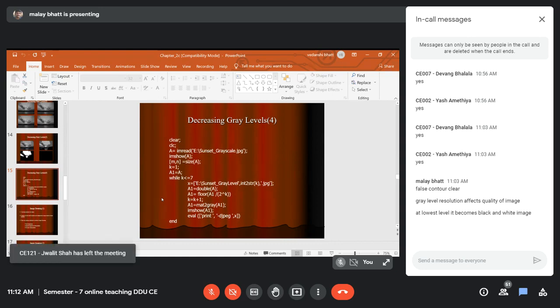Because you can see there is a statement A1 equal to double A in the loop. So that is what we are initializing, the original image again to A1. So don't confuse here. Always I am taking the original image as A1. And I am dividing that A1 image with 2 raised to 1, then I am dividing it with 2 raised to 2. So I am dividing directly with 4. Then I am dividing with 8. That's how we'll perform the operation. So every time I am dividing the original image by some number: 2, 4, 8, 16, like that.